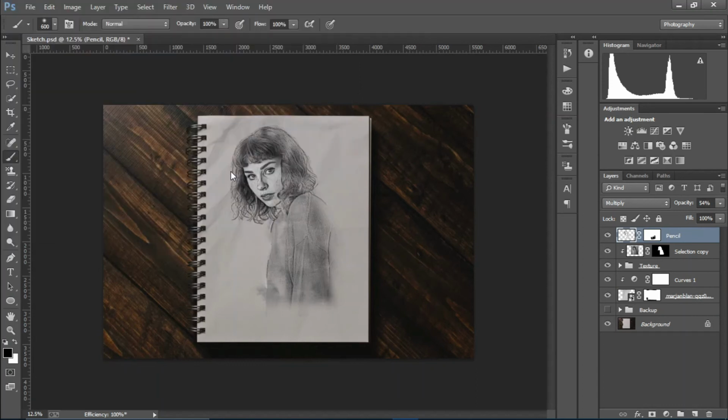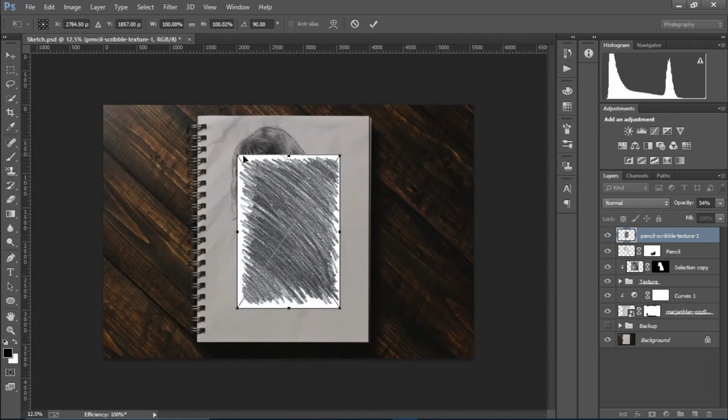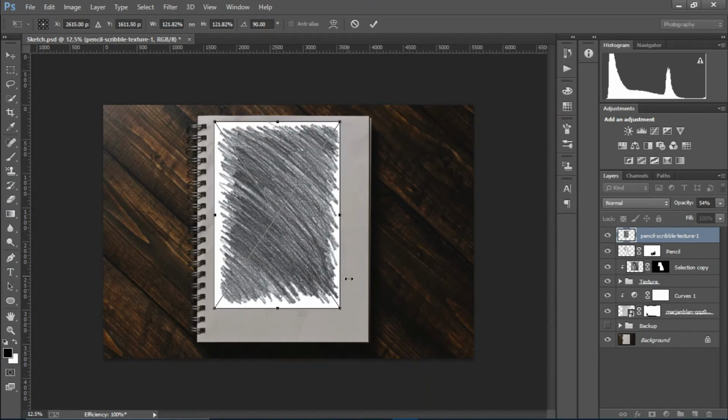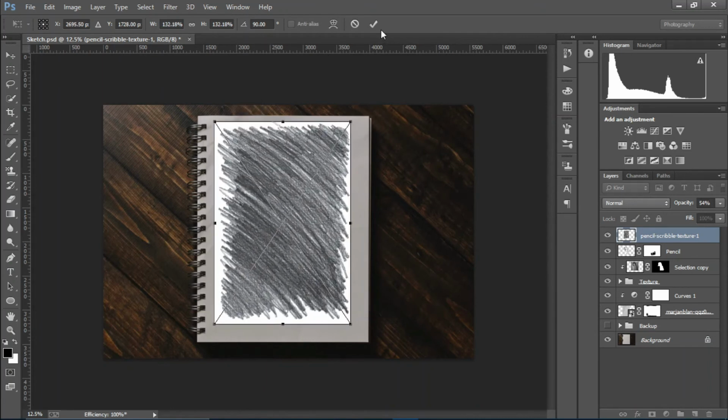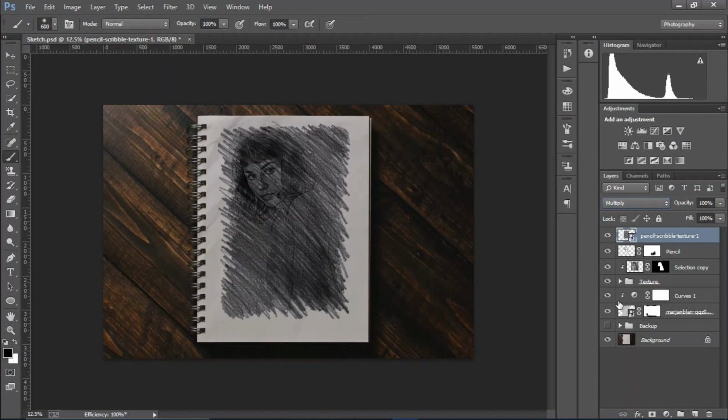and select the pencil strokes texture, and I wanna just transform it, something like that. You can download it from the description. And I'm gonna select multiply. Cool. I'm gonna decrease the opacity a bit, and I'm gonna just make a layer mask, and I'm gonna paint